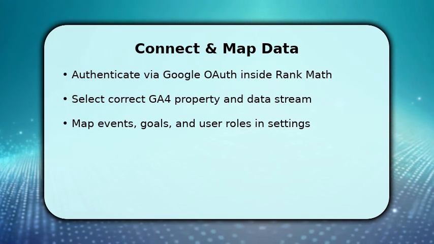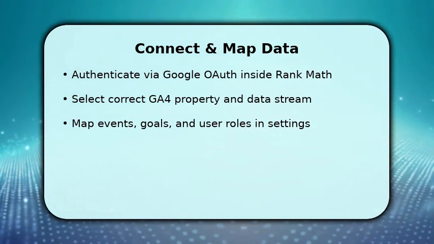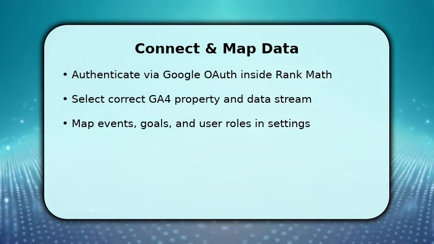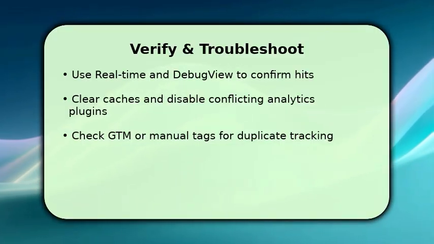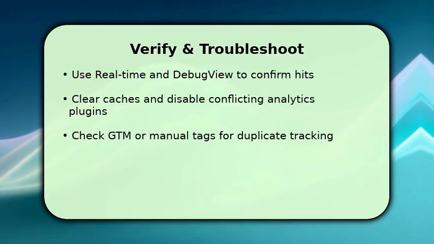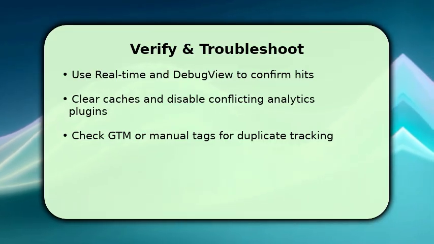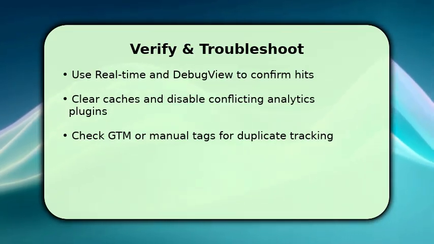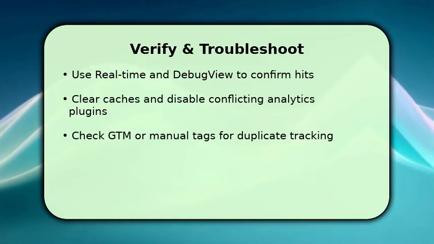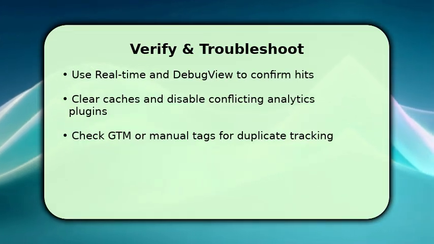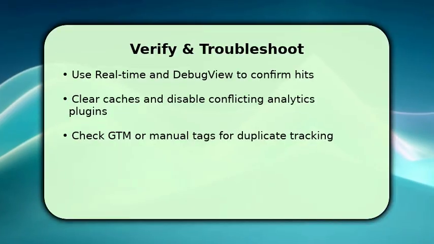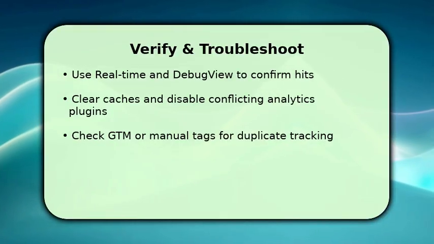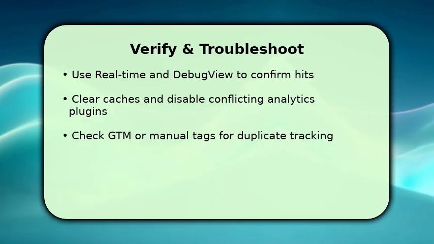Finish by verifying data and resolving conflicts. Open Analytics Real-Time and Debug View to confirm page views and events arrive from your site. If data doesn't appear, clear WordPress and CDN caches and test in an incognito browser. Make sure you do not have duplicate tags, disable other analytics plugins, or remove manual GA scripts. If problems persist, temporarily disable Google Tag Manager and retest so you isolate whether a tag manager or